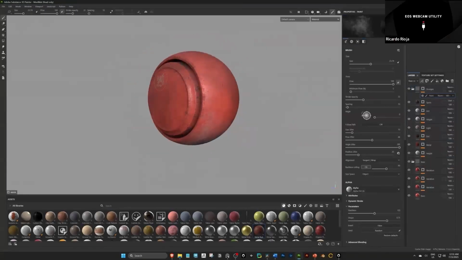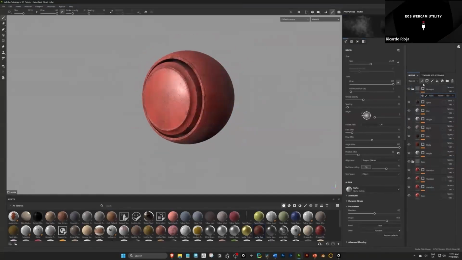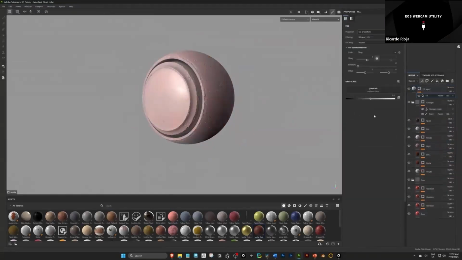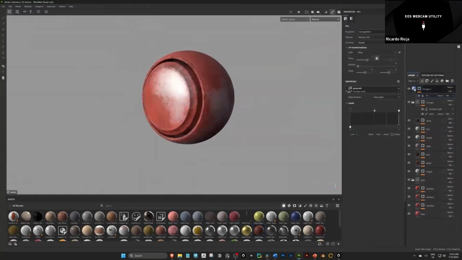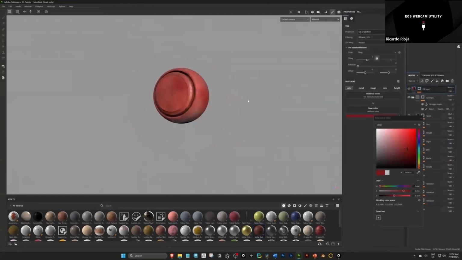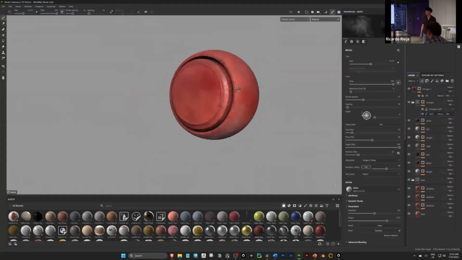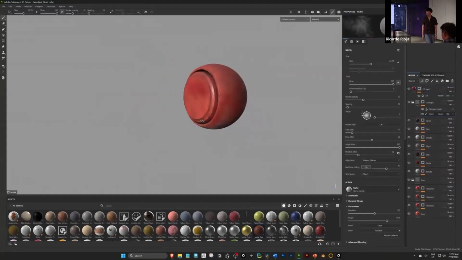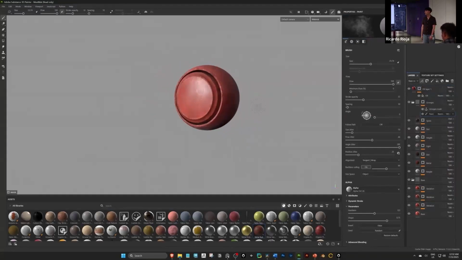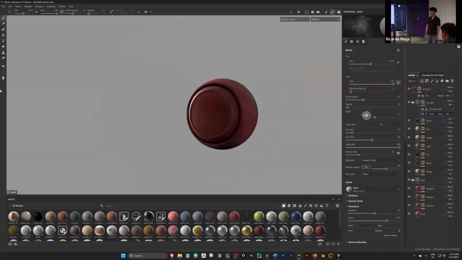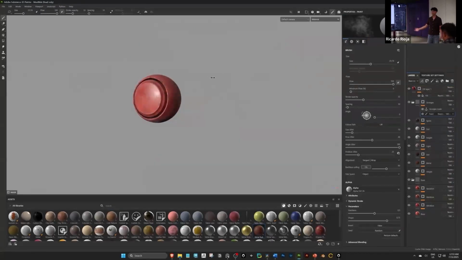So I just created a mask with an anchor point, and I was painting some areas where there was no surface imperfection. And now it's looking way better in my opinion. It adds some extra things to it. And that's how I texture painted metal, for example.